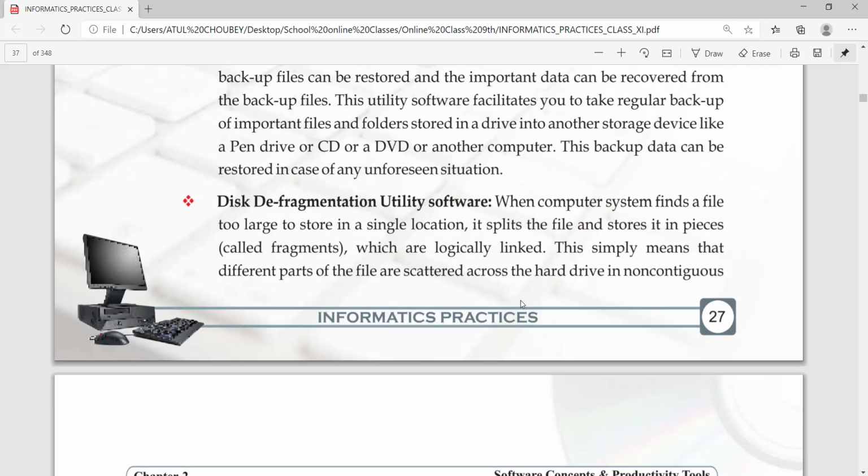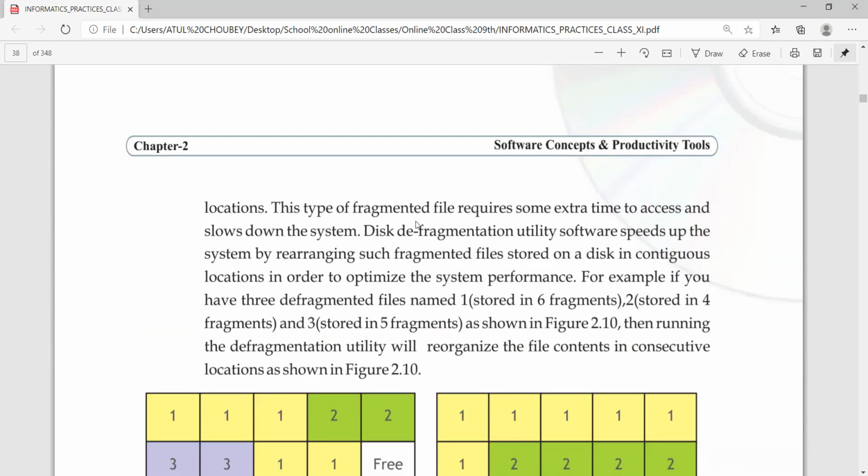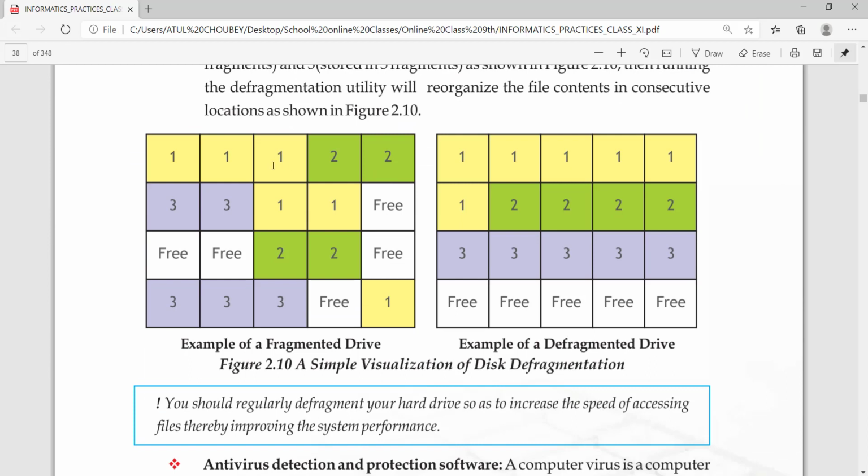So how can we store these properly? All are stored properly and sequentially with the help of disk defragmentation. So it actually arranges the memory. Clear? So you understand about this.